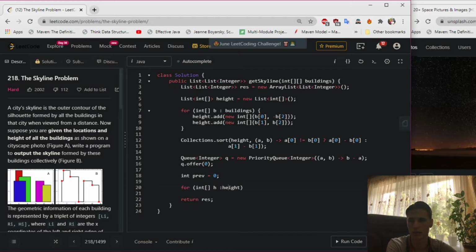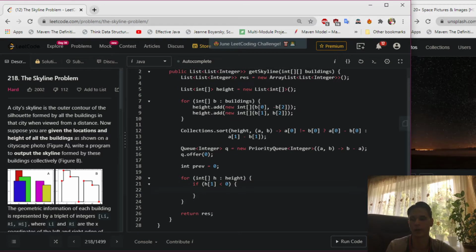So we say in the case when the height is negative, we are sure that there is a left pointer right there, so that means that we can offer that height, that positive height. Otherwise we need to remove that height from that queue,